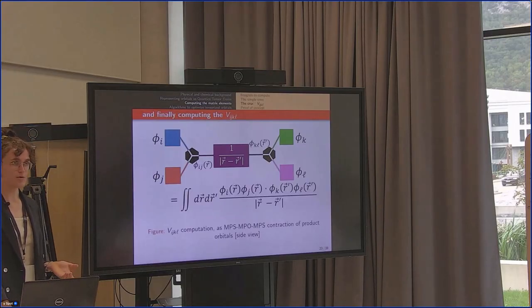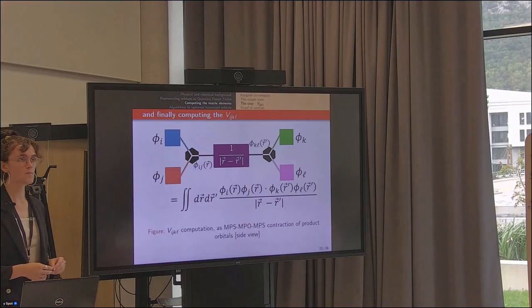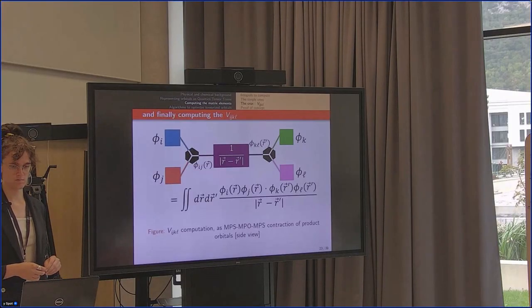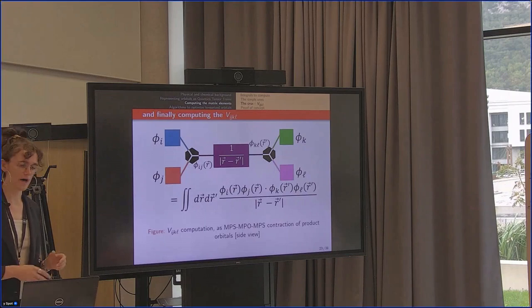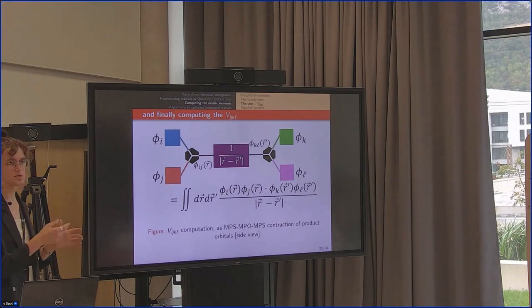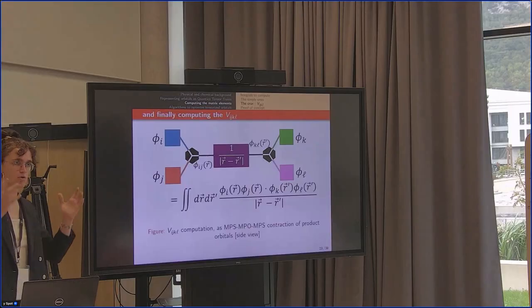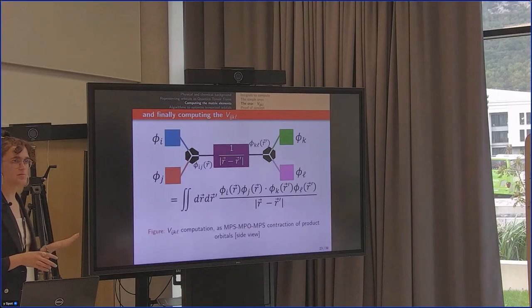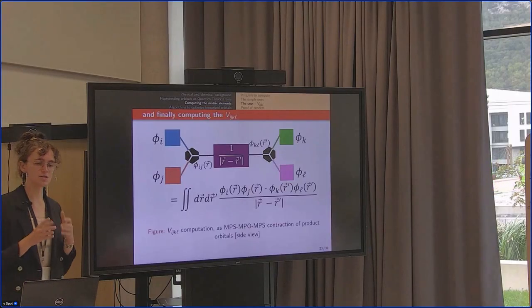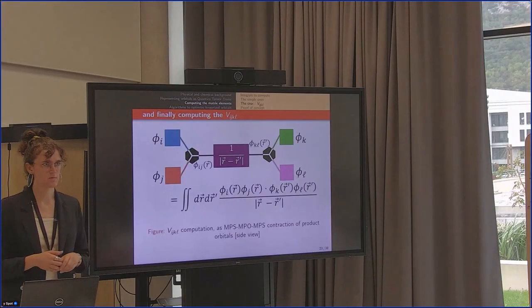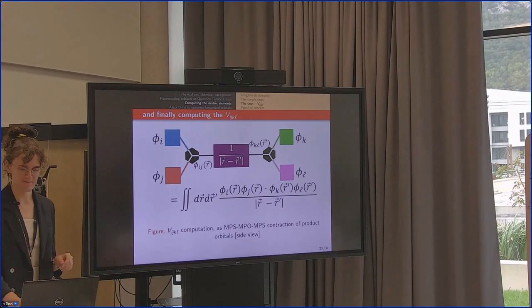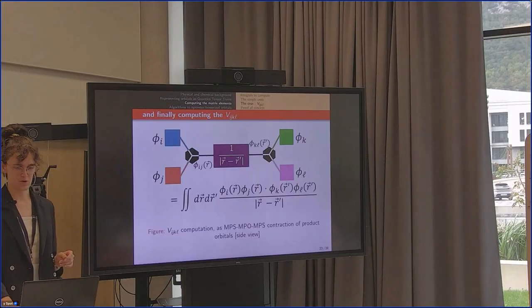Well, we have all the methods, yes? You do, first you contract the MPO and one of the MPSs, and then you contract the result with the other MPS, or do it in one shot? No, I do first MPS and MPO, because then I can do it n squared times, and then I do the simplest one. Yeah. This is a simplified version. In the algorithm, I go in a slightly different order to optimize the computations. Yes. I don't do this n to the 4 times.